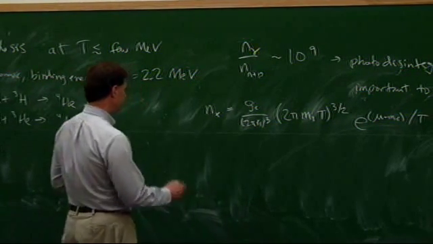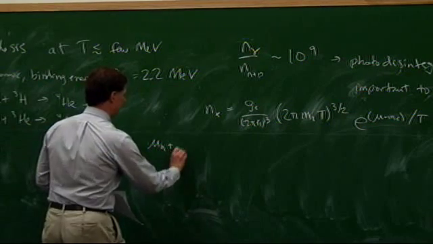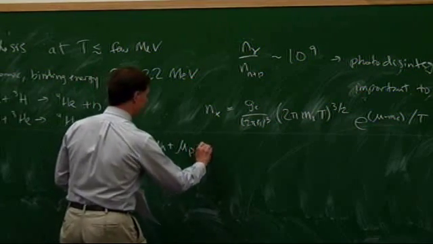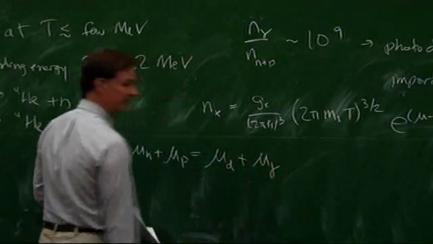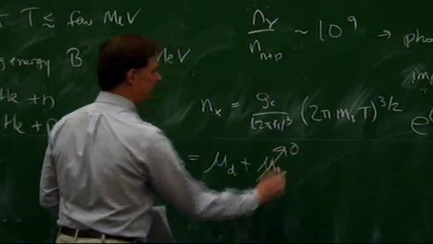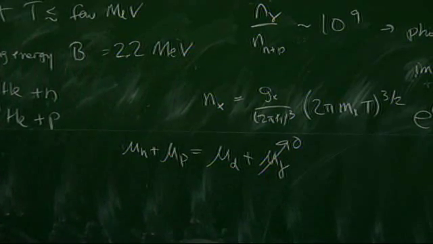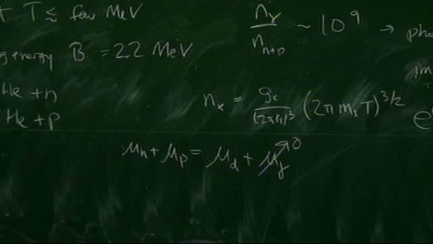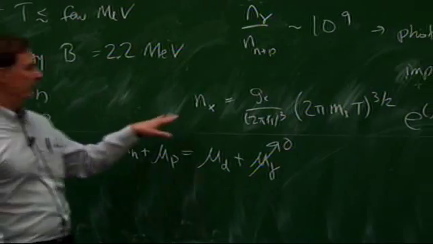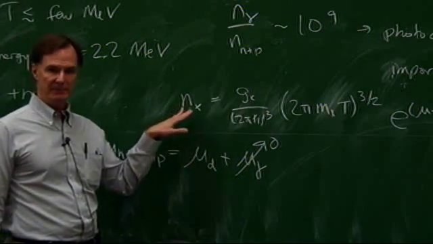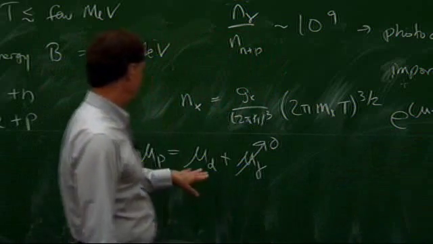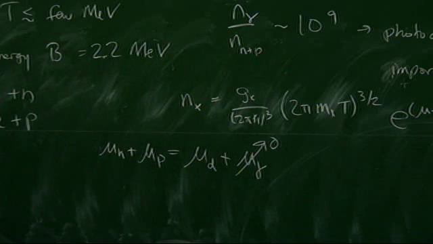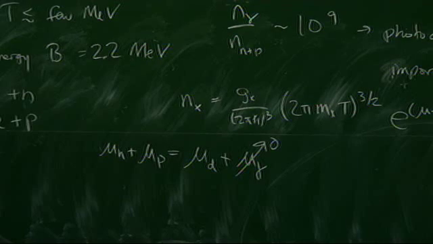This is in chemical equilibrium, and in chemical equilibrium the sum of the chemical potentials on the left-hand and right-hand side are equal, and of course, again, the chemical potential of the photon bath is 0. So it's very straightforward to combine n_p and n_n and n_d in such a way that you eliminate the chemical potentials using that relationship, and then you can write down